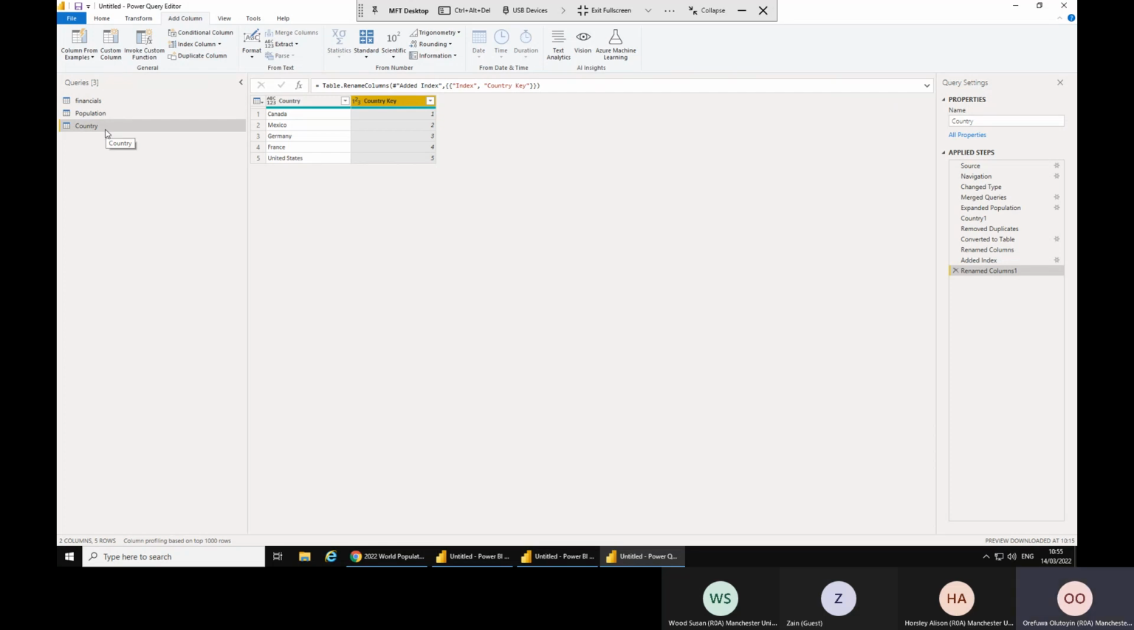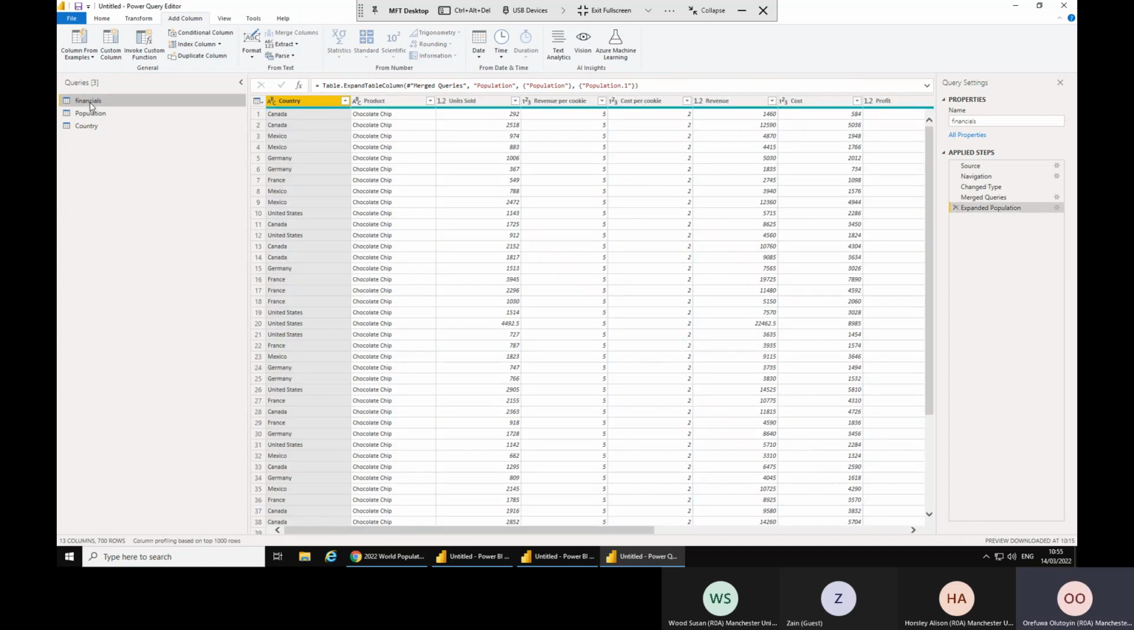So from our fact table, which is the financial fact table, we've created a new dimension, which is called country, right? So what we need to do, go back to our fact table, add a new column, which is a new index. Sorry, we've done that already. Go to our fact table,